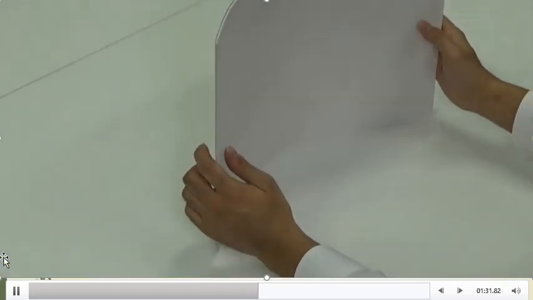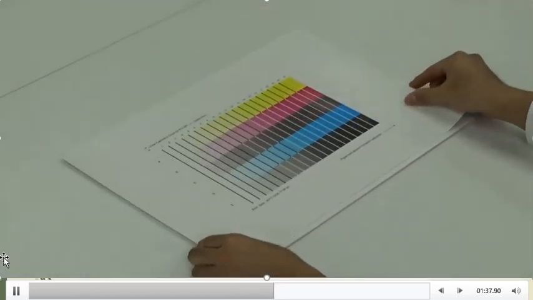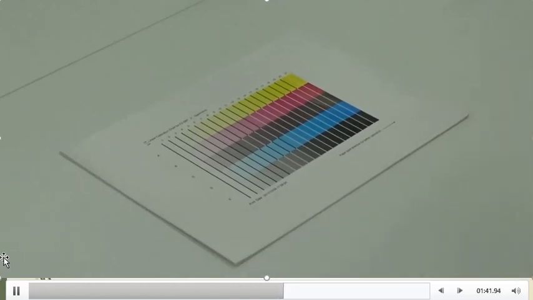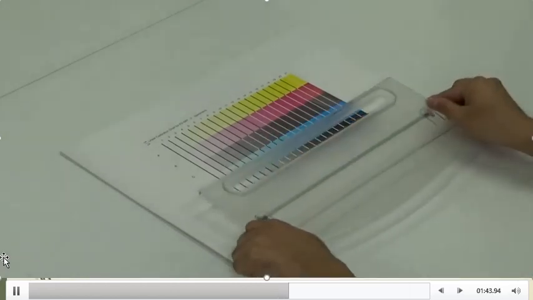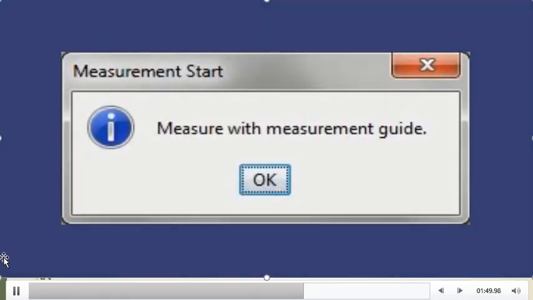So before measurement, we will keep some white non-printed paper below the printed chart, and then we will use the guide for it. This is the guide. Please make sure you are using it for calibration purposes, because it's very important.